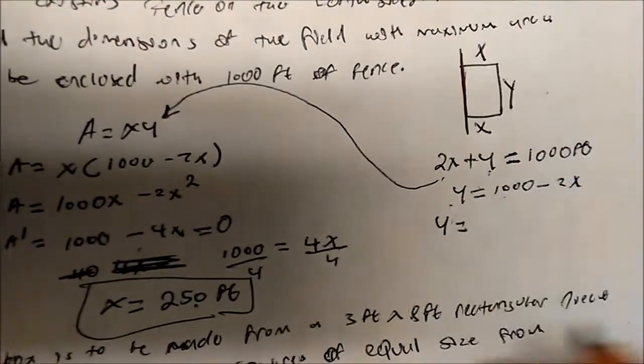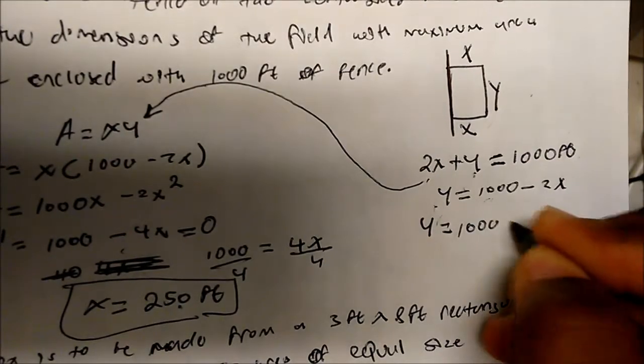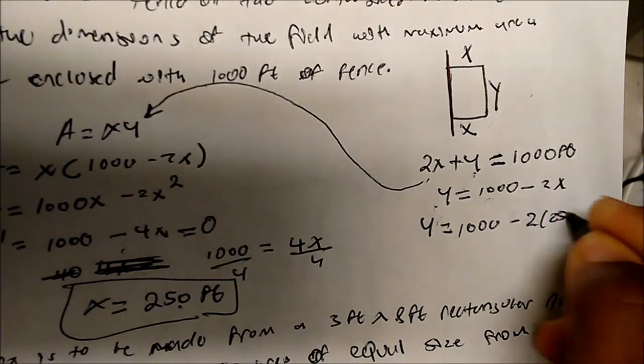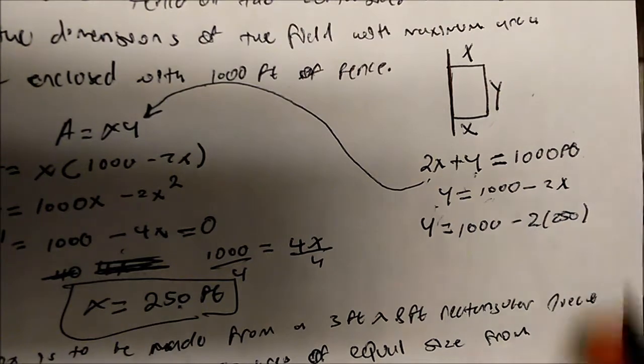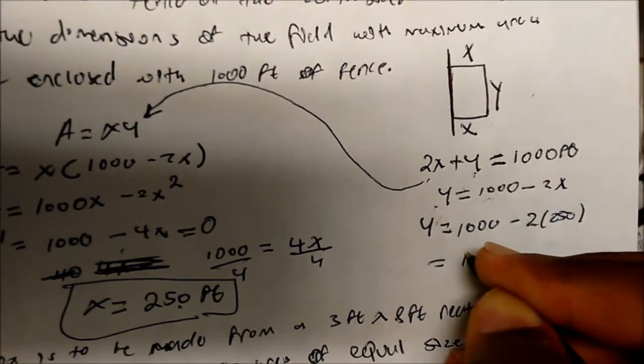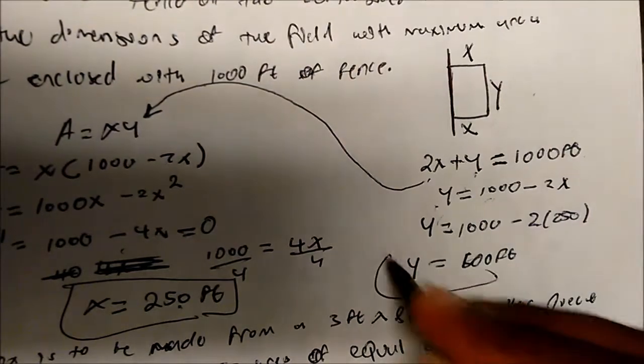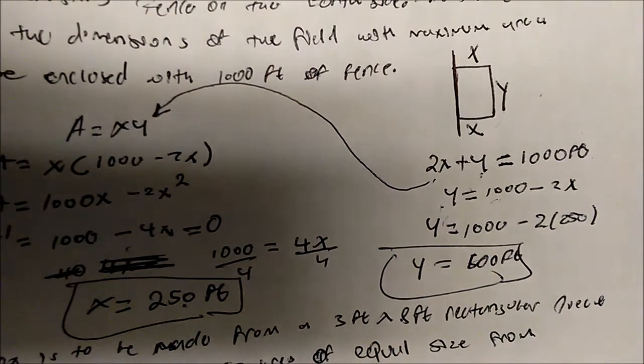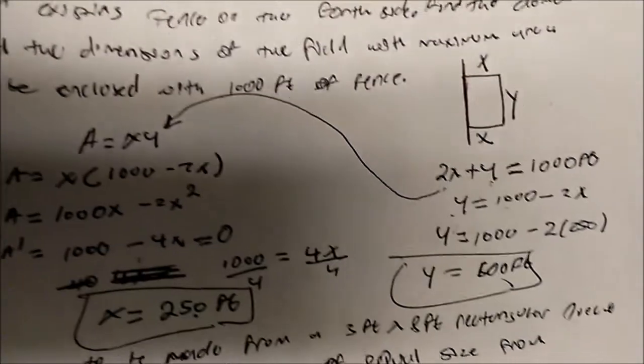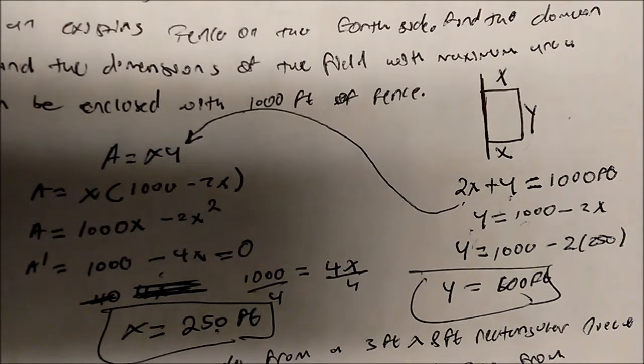So again, y will just be equal to 1,000 minus 2 times 250. All right. And that will just be equal to 500 feet. So these are the dimensions of the field that would provide the maximum